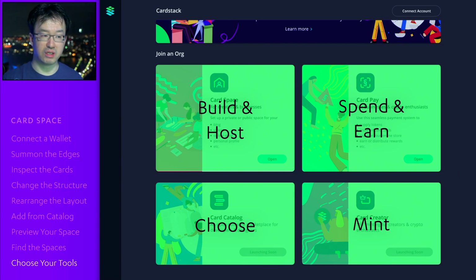So Card Creator is a way for you to make new cards that have real functionality, not just layout and not just media, but actually a configured application, almost like a configured SaaS application, but you can combine them together within your card space. Now, obviously, you can also have your own administrative dashboard. We'll talk more about the Cardstack environment for administrators, but we're now focusing mostly on making sure that people understand what Cardspace is, something that is most user-facing, the easiest to use,